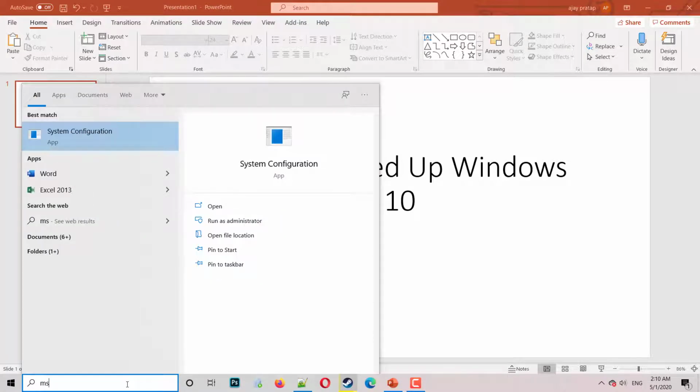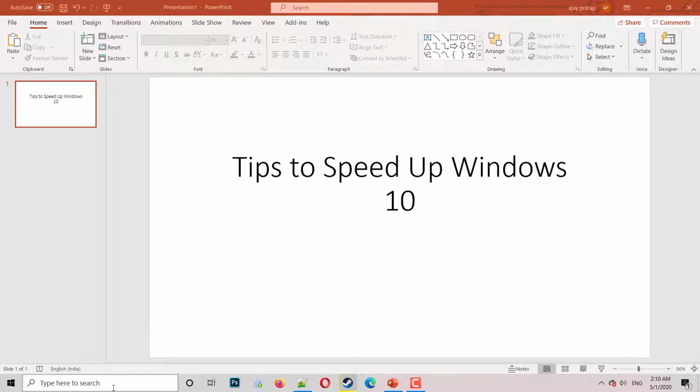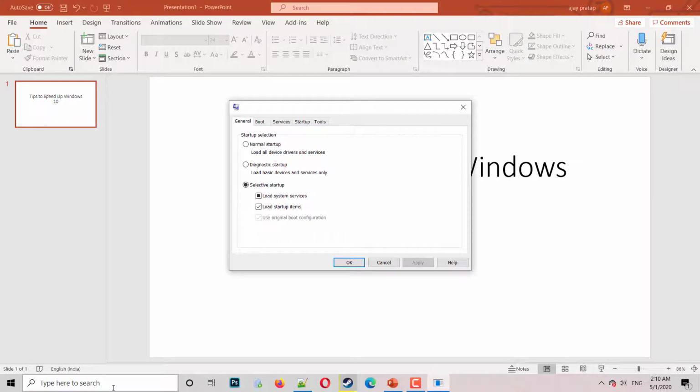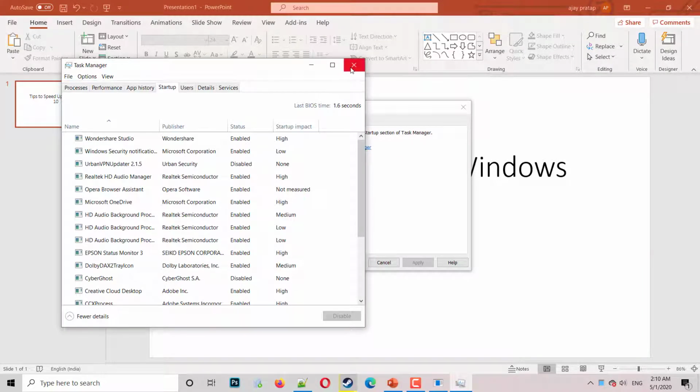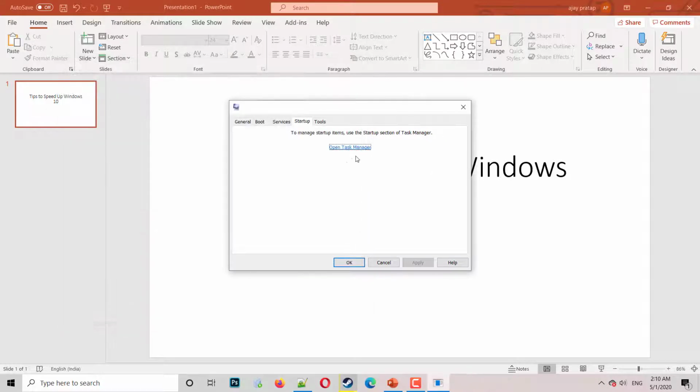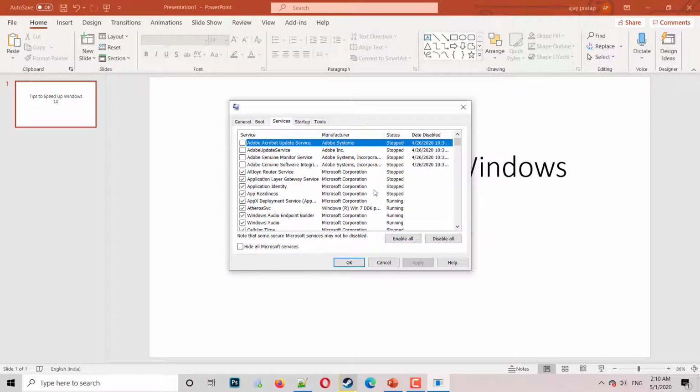So you can do msconfig. If you type msconfig, you go to services.